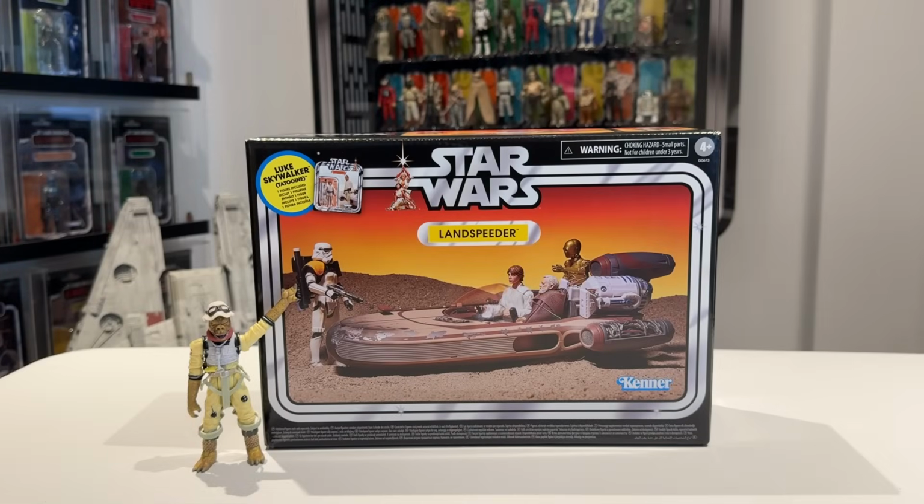And in this video, I'm going to be reviewing the Star Wars The Vintage Collection Landspeeder from Star Wars A New Hope. Now, this has been released as part of the Return to Tatooine mini campaign that Hasbro are running in 2025. There's various other items that we're getting as part of the Tatooine theme, including, of course, the Mos Eisley Cantina,